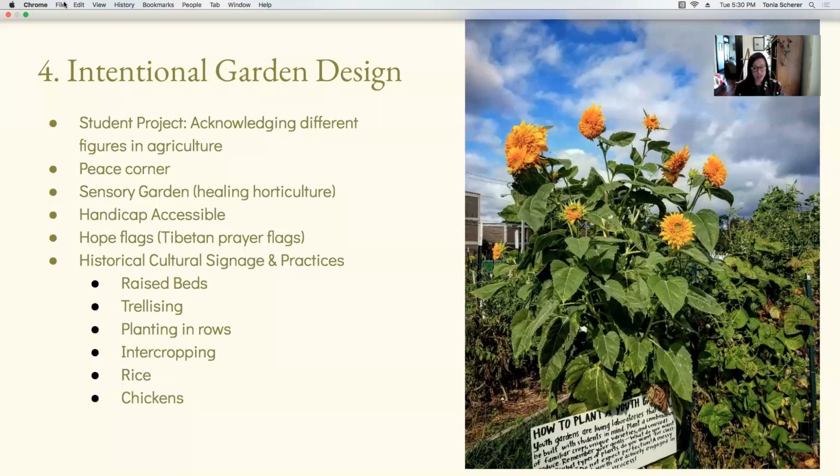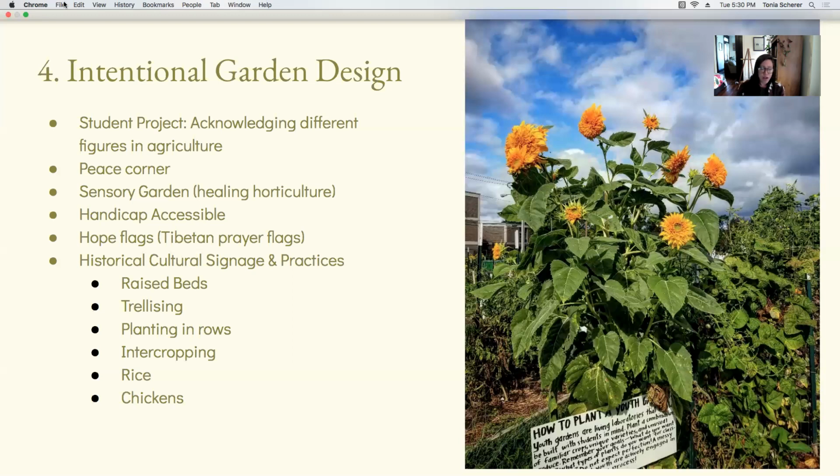Also using lots of signage in the garden. To really make your garden a learning space, you could have students do that research and then paint a board with information about the history of trellising, or talking about a different type of trellising that they've recreated based off a certain culture's practices. And you can have that information there in the garden, so when you have guests come to your garden, they can learn a little something too. Again, just different examples of gardening practices that they could research to find out where it started or how different people may do raised beds in different areas or intercropping and so on.